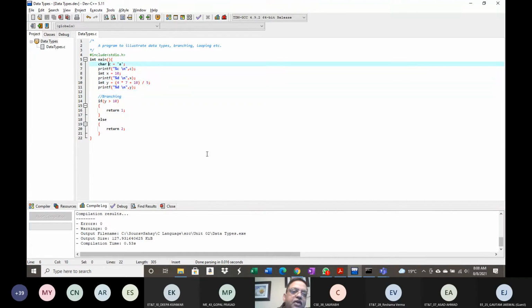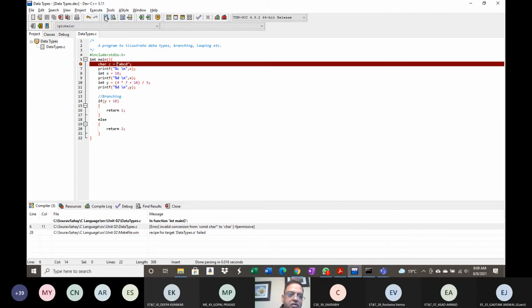Again, when I said char type variables, now I come back to that. Here, suppose I give a string. Now, suppose I go and compile this.